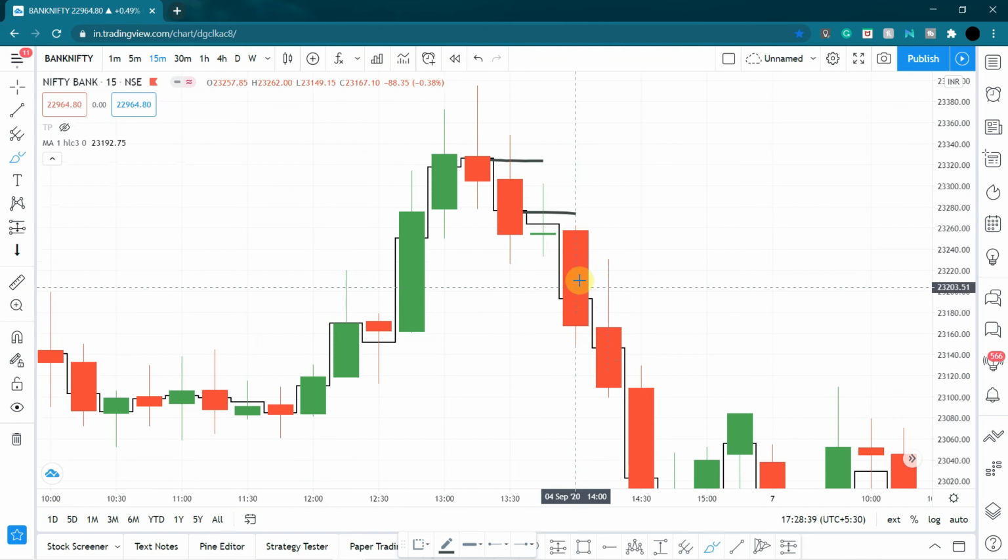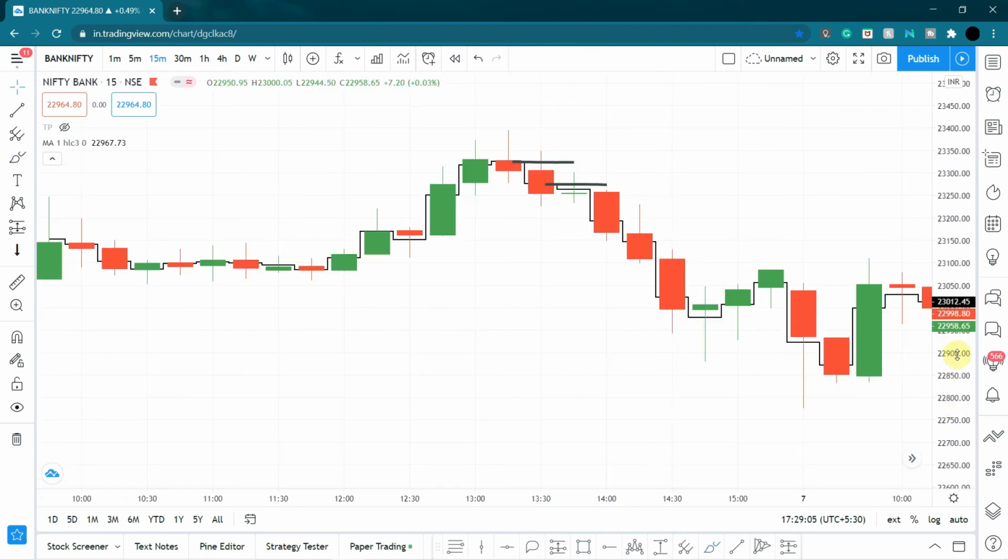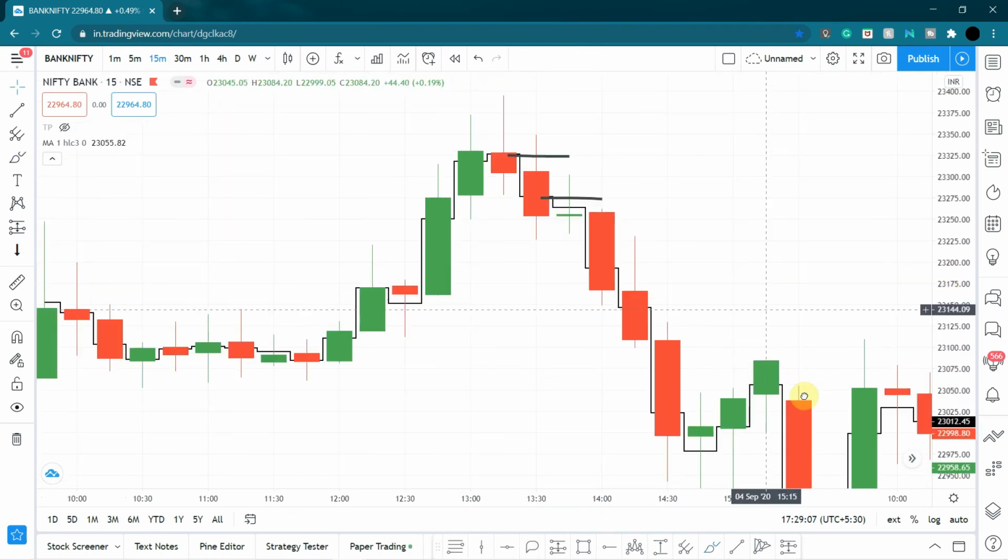For this candle, the mean of this candle matters. So this candle's mean is right here and this candle's wick is right till here. So it did come right above over here and then came down. So if you have placed an entry right here, it must have triggered, and you can see the move. It even went way below.